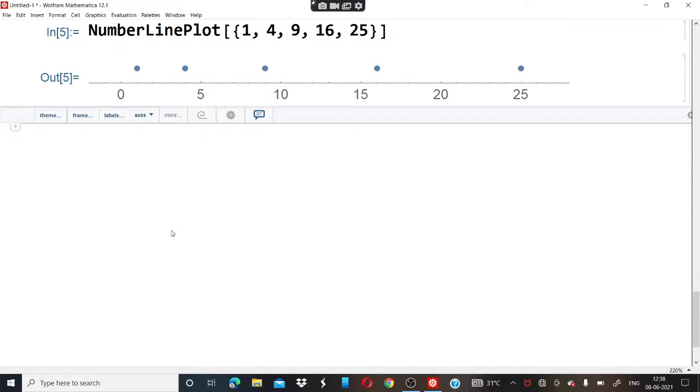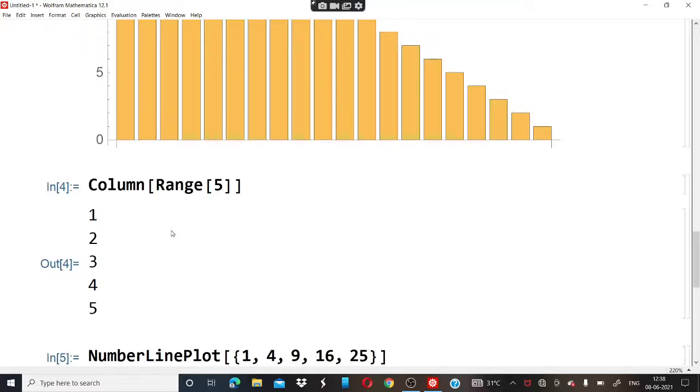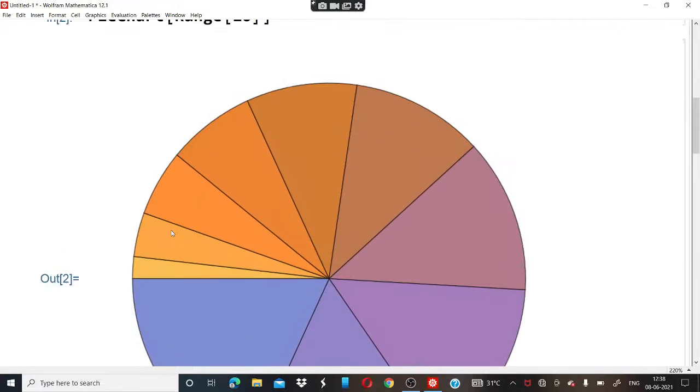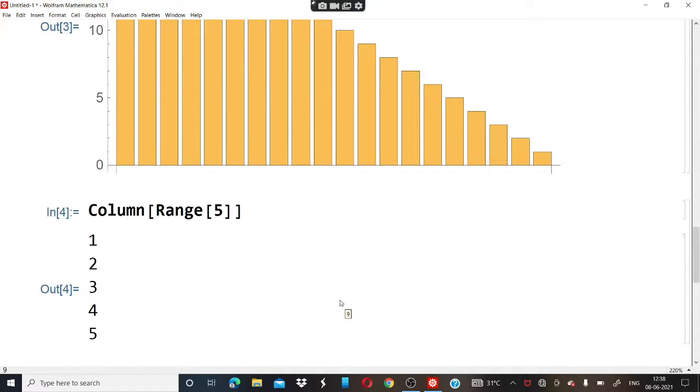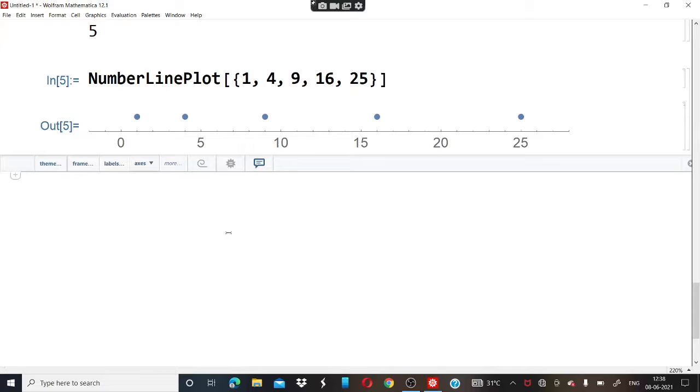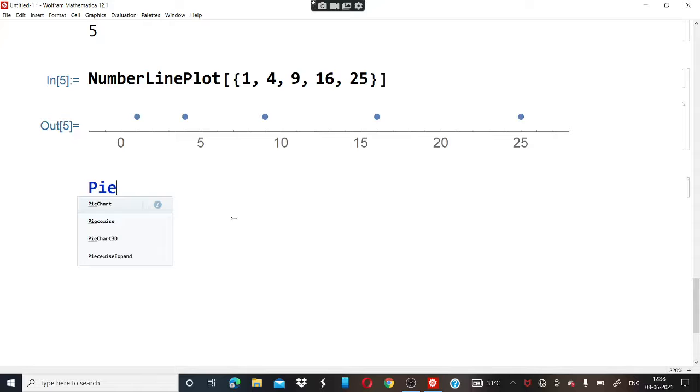Now in the next question it is written, make a pie chart with 10 identical segments, each of size 1. In the previous case you made a pie chart, but the segment sizes were not the same, and here we have to make the sizes identical. So for that we will first write PieChart, then brackets, then we have to write this 1 ten times because we want 10 segments.